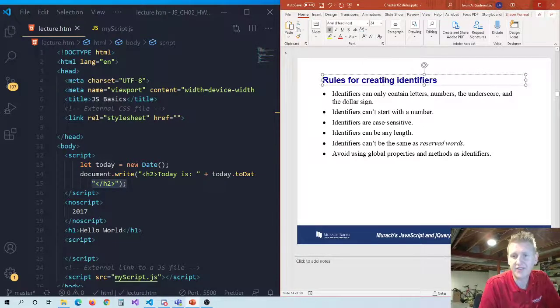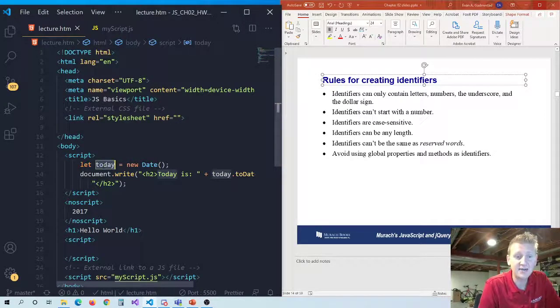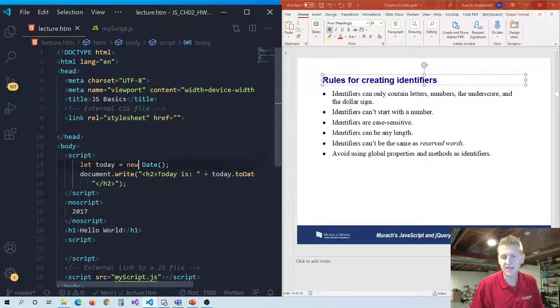Now, rules for creating identifiers. First off, what is an identifier? Well, an identifier in this case is our variable. That's the only identifier that we have so far. But an identifier is something in the code that you get to give a name. And so you get to call this whatever you want. You could call it